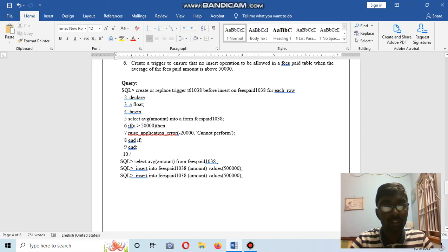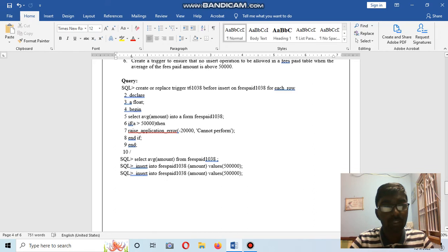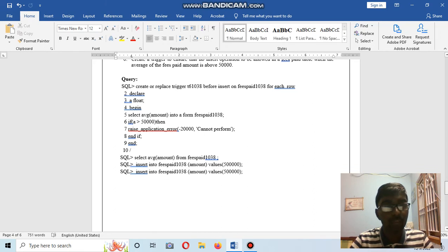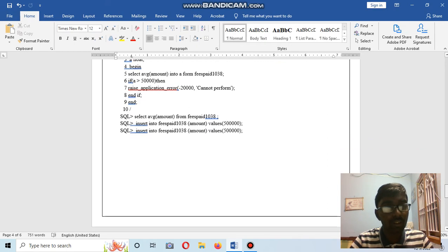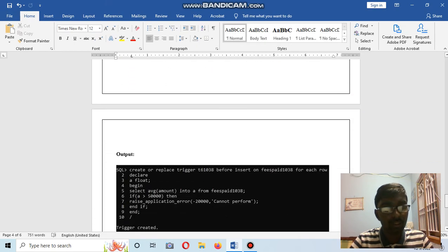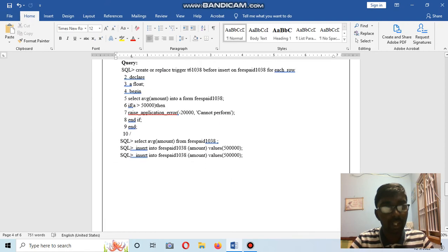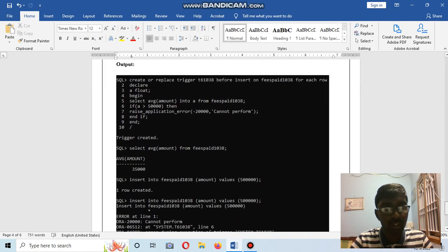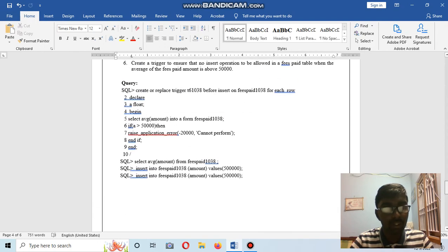Create or replace trigger T6_1038 before insert on feespaid1038 for each row declare a float; begin select avg(amount) into a from feespaid1038; if a > 50000 then raise_application_error(-20000, 'cannot perform'); end if; end; / The trigger has been created. Then select average amount from the fees deposit, and the average amount has been displayed here. Then insert into feespaid1038 amount values